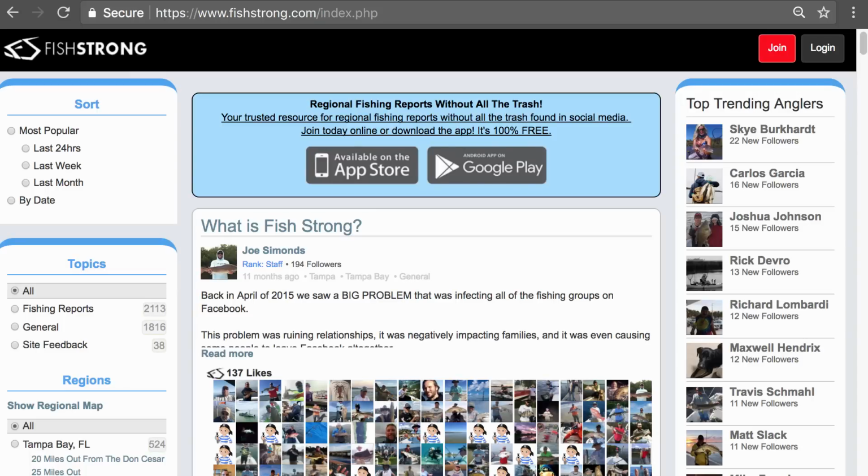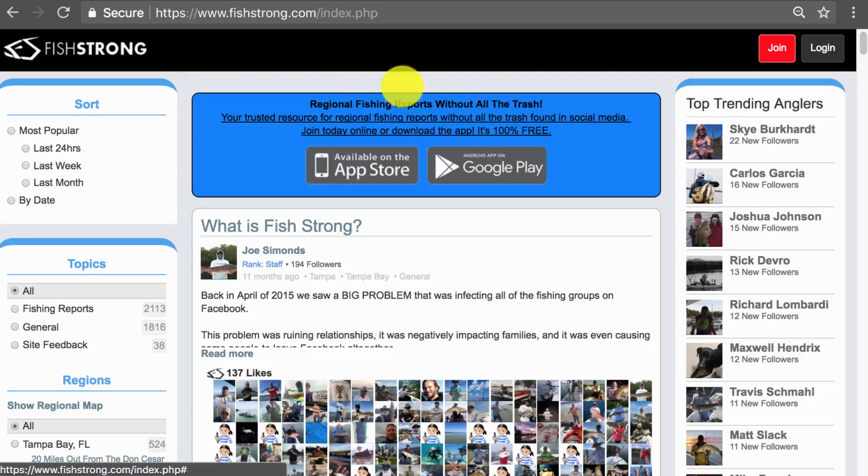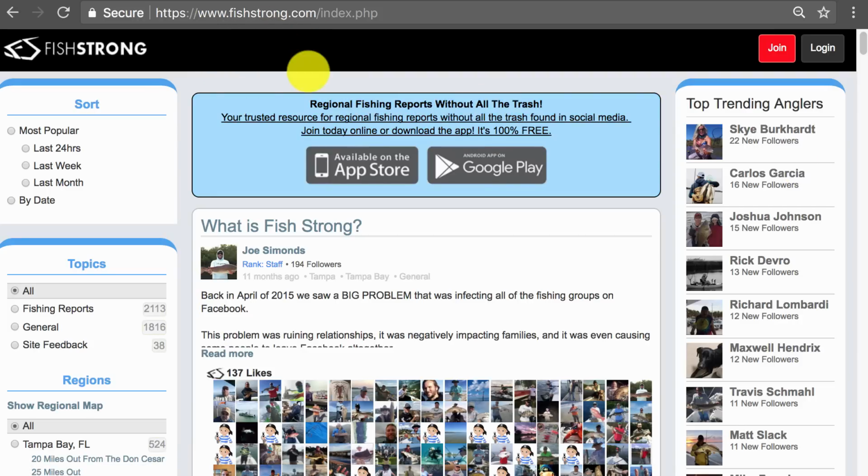Hey guys, I want to give you a really cool tip to get your best fishing pictures on the first page of Google Images. In some cases, the very first slot. And I'll give you some tips on how to do it. It's all done through this free app or even a free website called